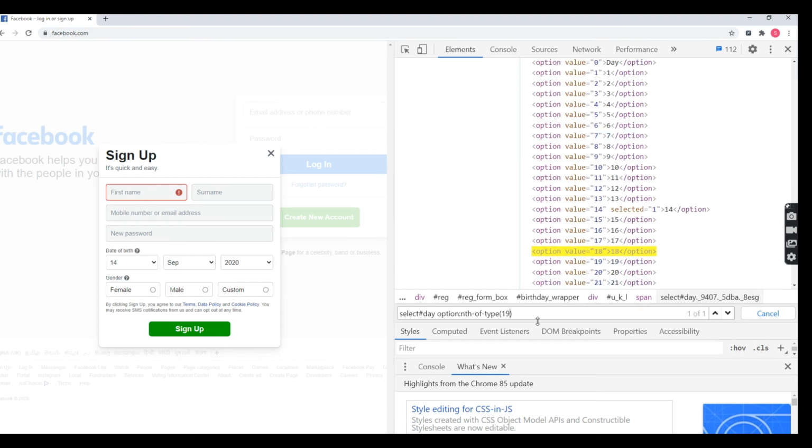Okay, so the tag name, the tag attribute value which I took, the id value, then the child tag, and in the child tag the number of the value which I'm going to select. So I gave nth-of-type, I gave the 19th one. Okay, I'm going to click here.